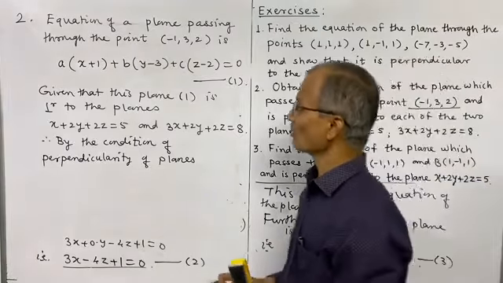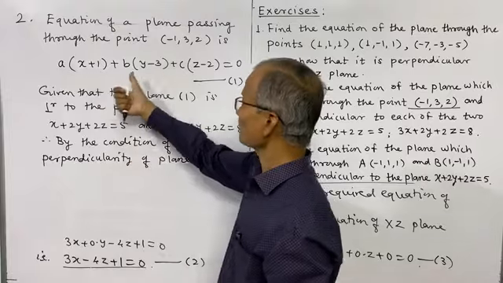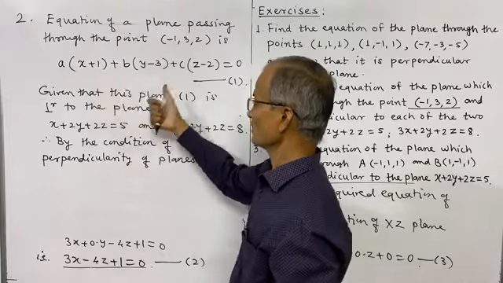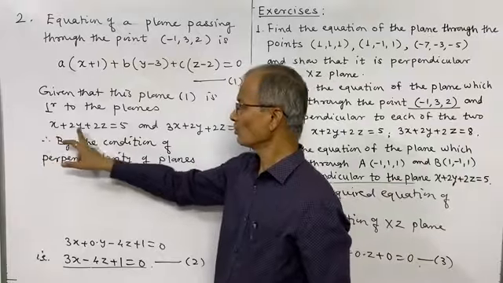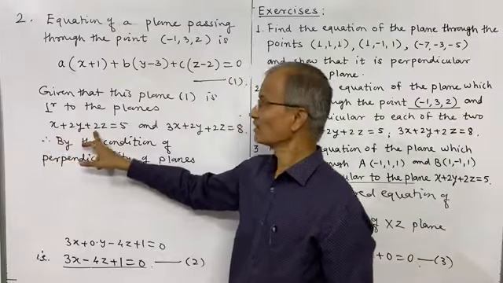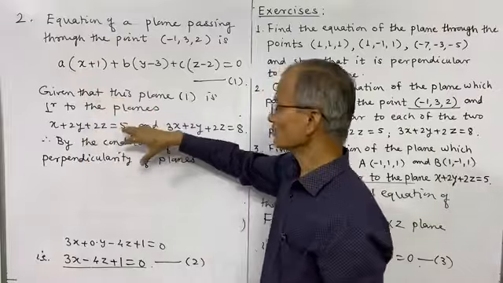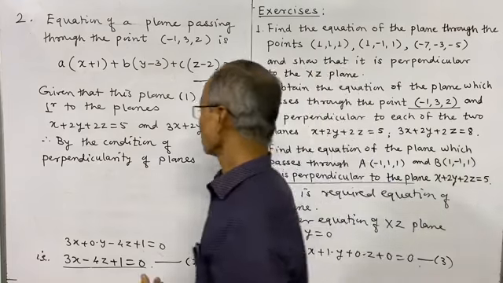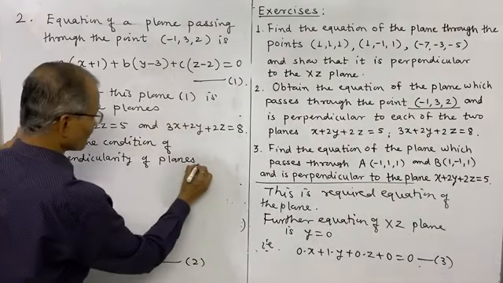What are the DRs of the normal to plane 1? A, B and C. And what are the DRs of the normal to this plane? 1, 2, 2. These are the DRs, and the sum of the products of the respective terms is 0. So by the condition of perpendicularity of planes, we have